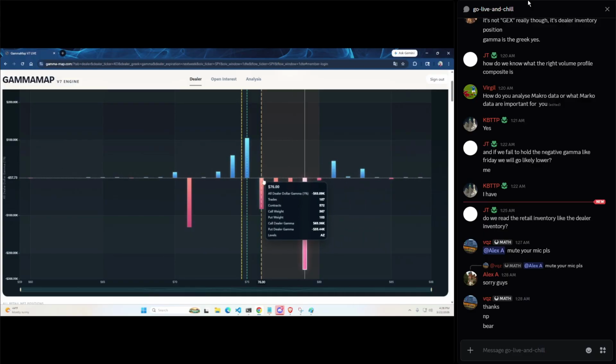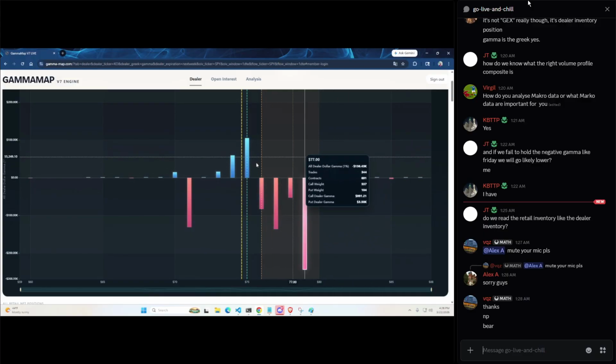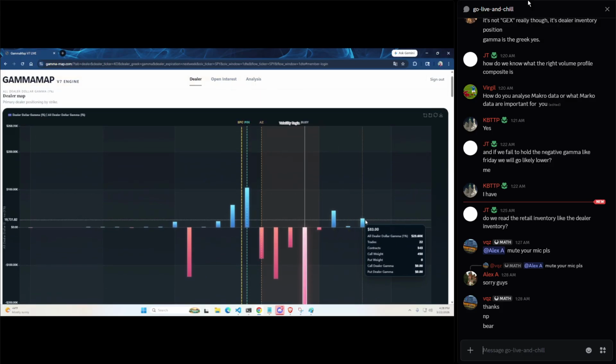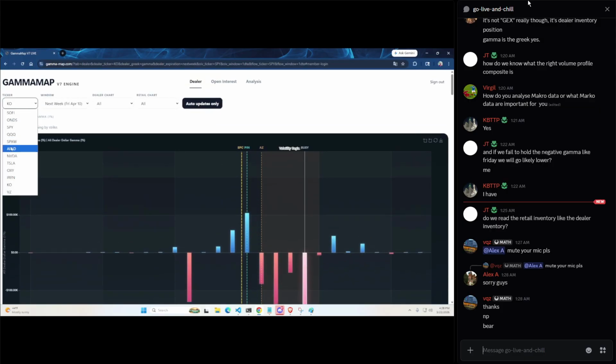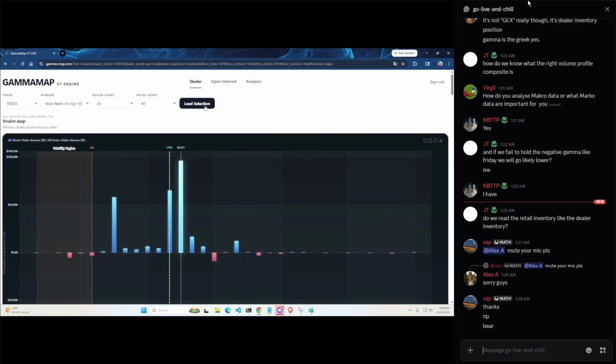It's more volatile. Dealers are going to amplify the swings on Coke. You're going to see crazier moves on the charts. And then up here, it's damped volatility. But right now, this is a bearish, weaker pattern, right? Let's go check ONDS for next week. ONDS kind of had the same. Let's check dealer chart for next week.